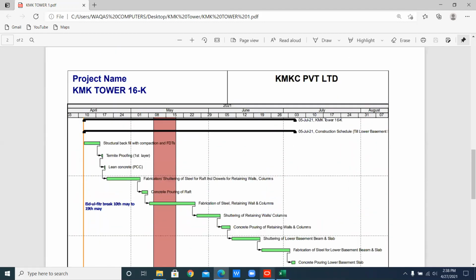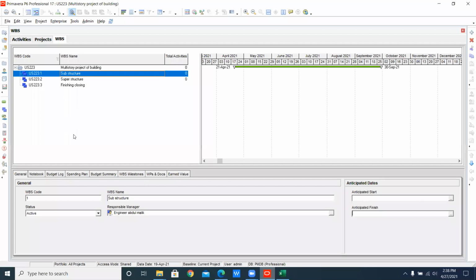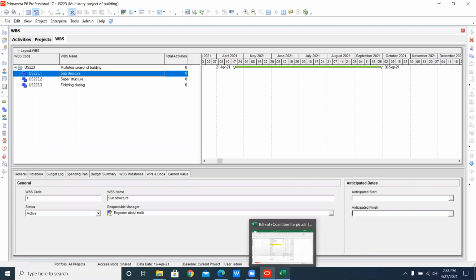So just come here and say, your substructure is going to be finished on what date? It will be shown to you by the QS department, because the QS department knows about the excavation, and an experienced person will easily make you understand about the substructure.